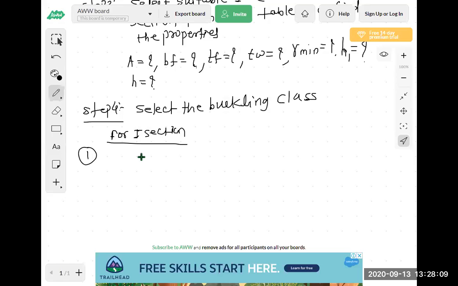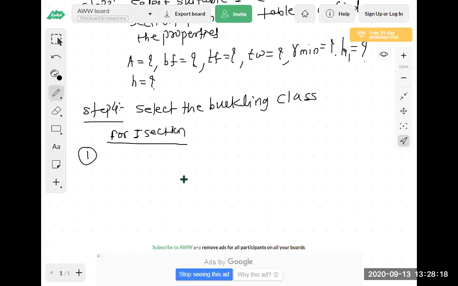Third column is the buckling about axis, and fourth column is the buckling class. See, for I section,